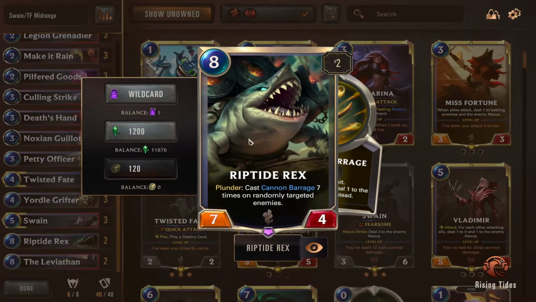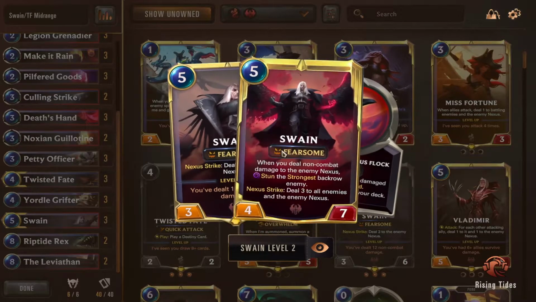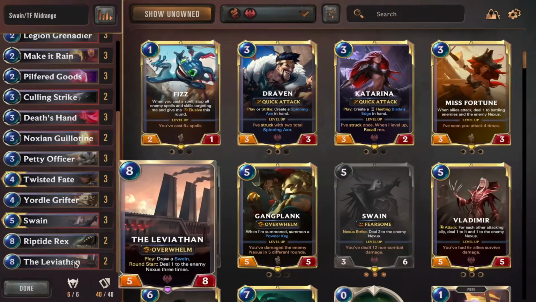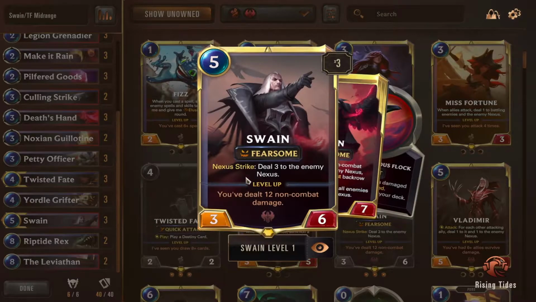This card is insane, and it's probably one of your main win conditions, because connecting with Swain is actually very difficult. Even though we have the Leviathan, connecting with Swain tends to be kind of complicated, and with the current meta, they have ways to stop you from doing that. It's not all that complicated, but still, this is a very solid card,